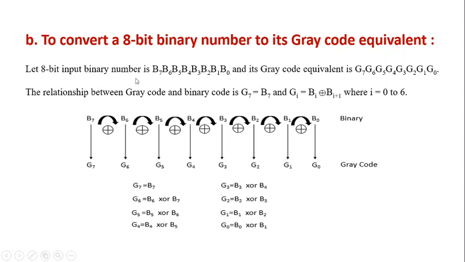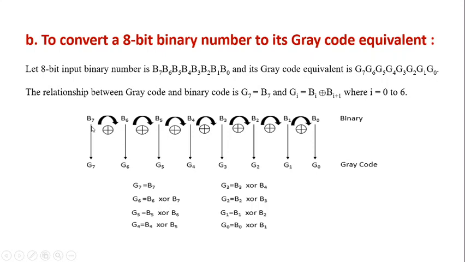So we are converting our, suppose let us assume our binary number is defined by this. This is the LSB, least significant bit, and this is the MSB, and let us assume that its gray code equivalent is like this. Now how will we get this gray code? For converting a binary code to gray code, our MSB will remain as it is, means G7. Gray code MSB will be the same as the MSB of the binary number, and other bits we will XOR